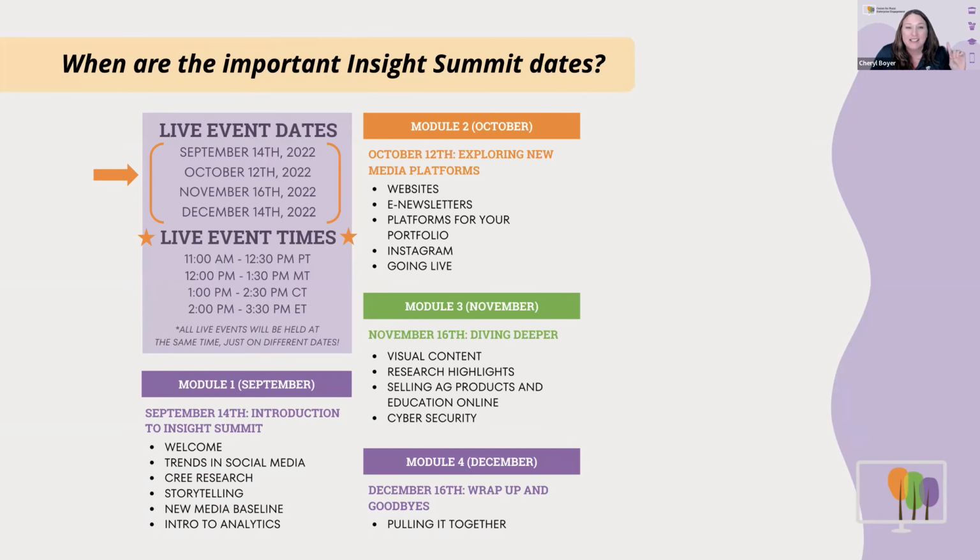We're going to focus a little bit more and point out these live event dates: September 14th, October 12th, November 16th, and December 14th. I sent out calendar invites for those. The meeting link is the same. You also have it in email. Some people use digital calendars and some people don't, so I wanted you to have it in both places for whatever is easiest. I couldn't do a recurring event because November 16th is on the third Wednesday of the month instead of the second.